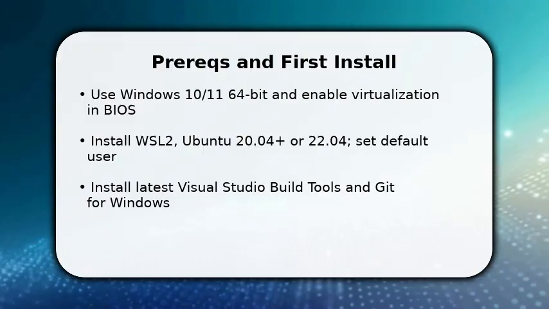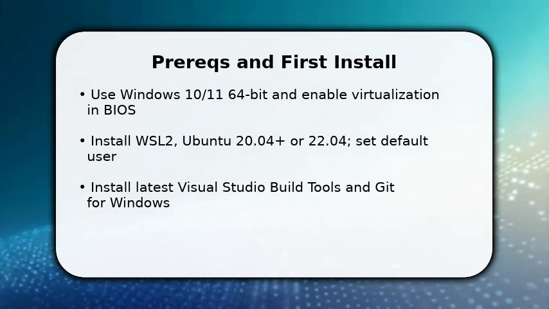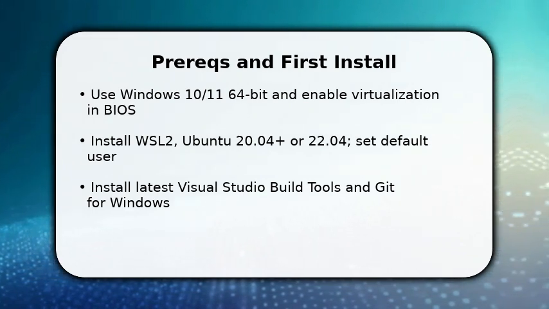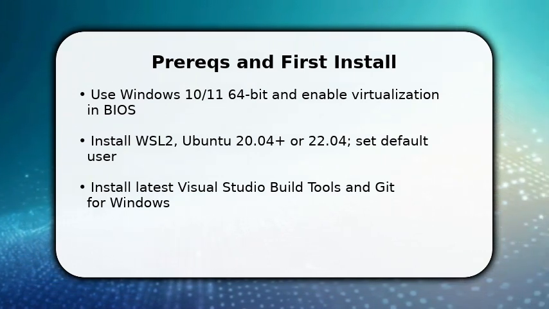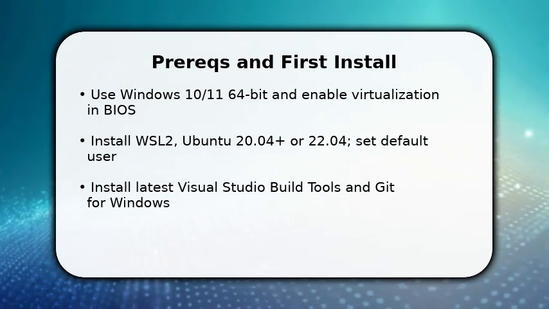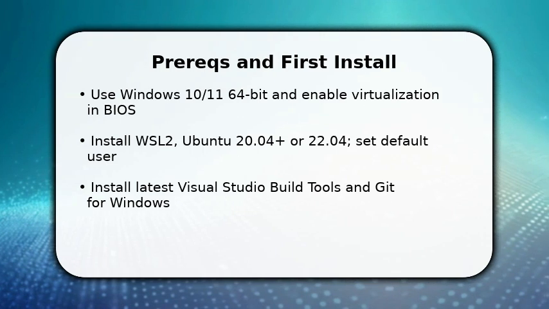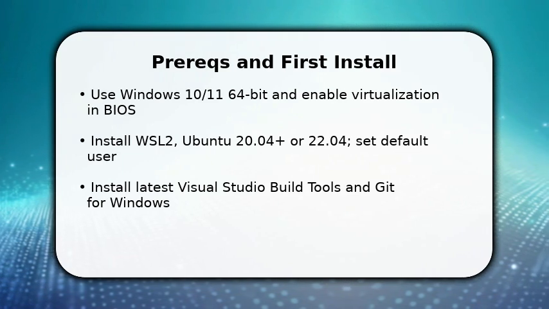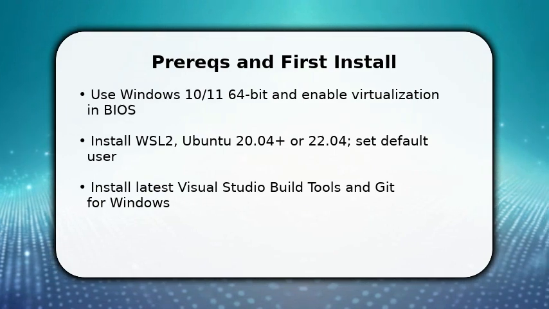You start by preparing Windows and WSL2 because Swift runs inside Linux on Windows. This is the only reliable path. First, enable virtualization in BIOS and install WSL2, then add Ubuntu 20.04 or 22.04 as your distro. Once done, install Visual Studio Build Tools and Git for Windows to satisfy native build dependencies. Make sure your WSL distro is set as default and updated so package installation will proceed without permission errors or